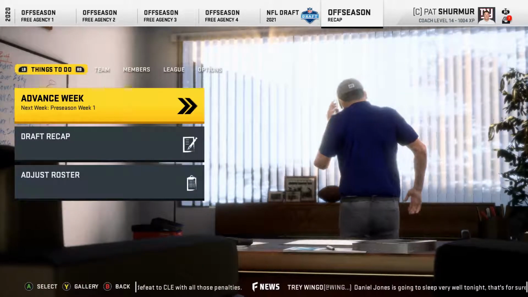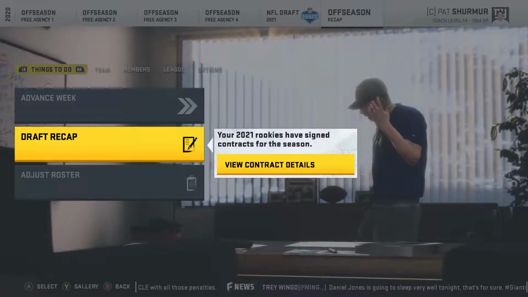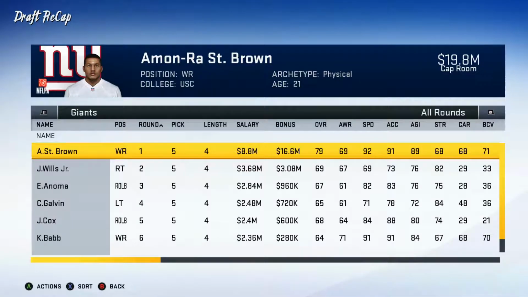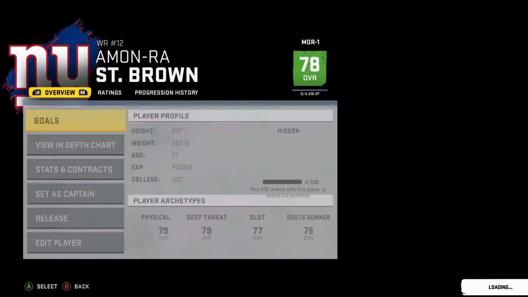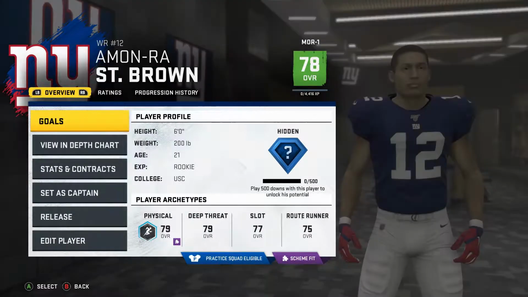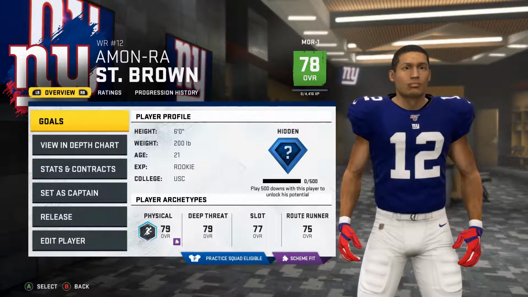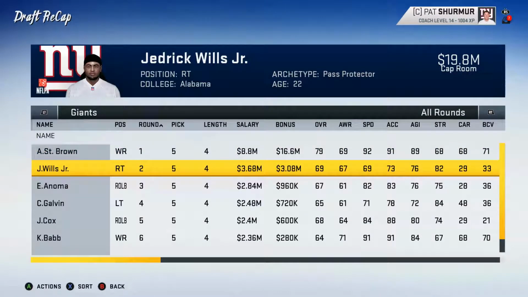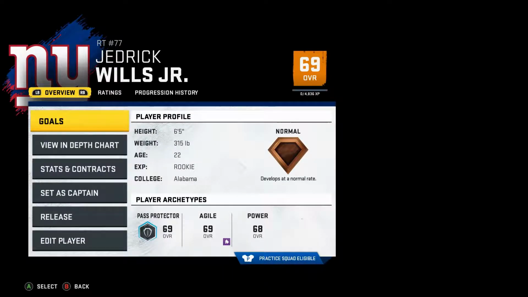Okay, so here we are at the end of our draft and we did something a little bit different. We picked up a wide receiver, Amon-Ra St. Brown, in the first round. He was just too good to pass up. He's 78 overall, actually 79, but his morale's down. Hidden dev trait. He was actually the second best player in the class. And then we did pick up a right tackle in Jedrick